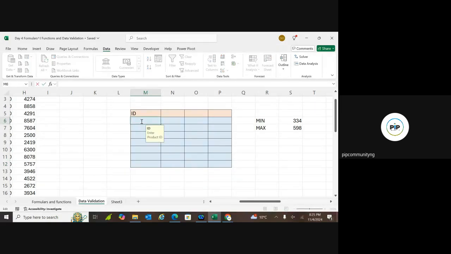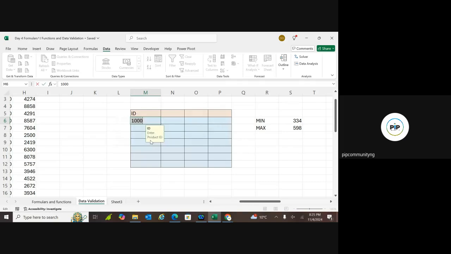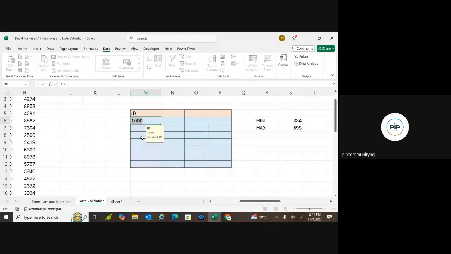So if I come here now, I know the minimum number there is 334, the maximum is 598, and maybe I just want to enter 1,000, and I click enter. You can see what it's giving me. It gives me an error. It said the value does not match the data validation restriction defined for this cell. Even if I try 10 times, 20 times, it won't work